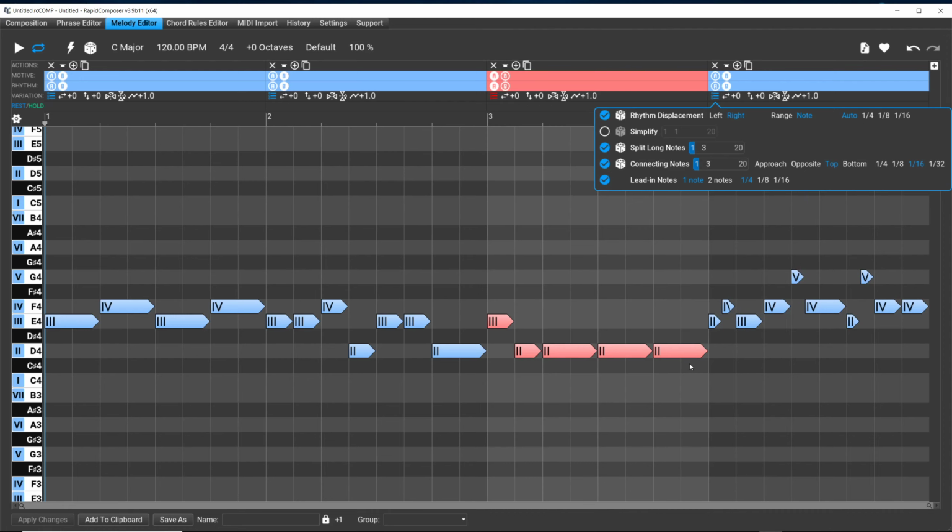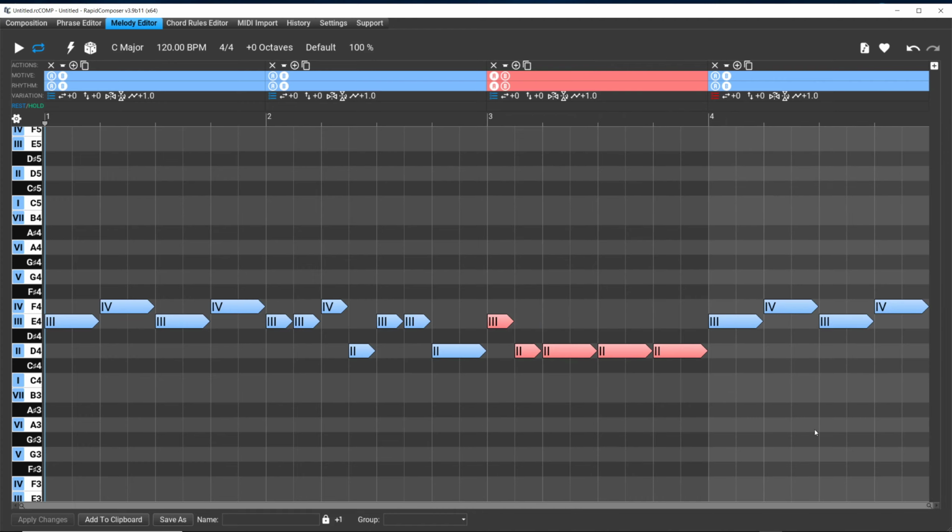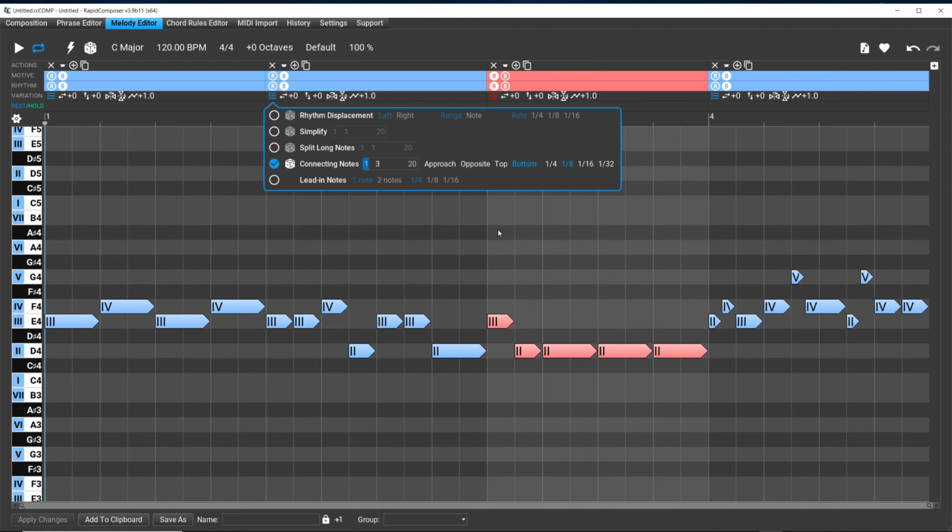So in bar 3, there's no change. If we have a 16th, the 8th, and then the quarter, there's no change. But when we select this one,